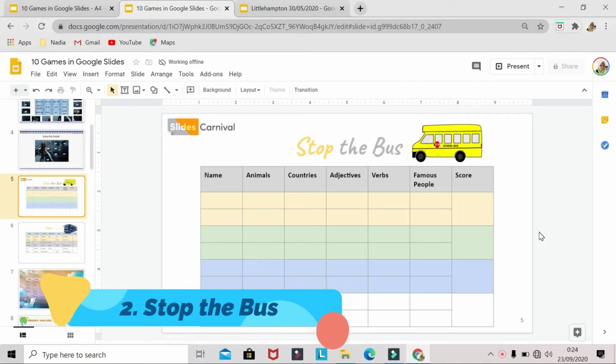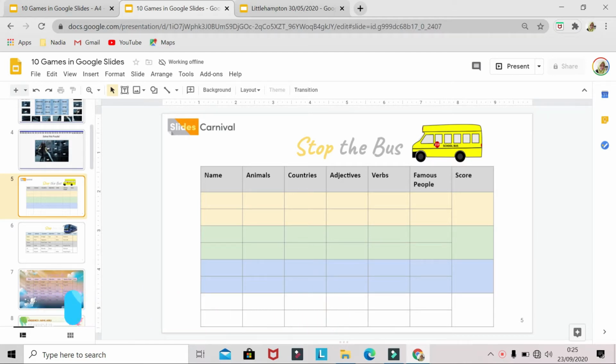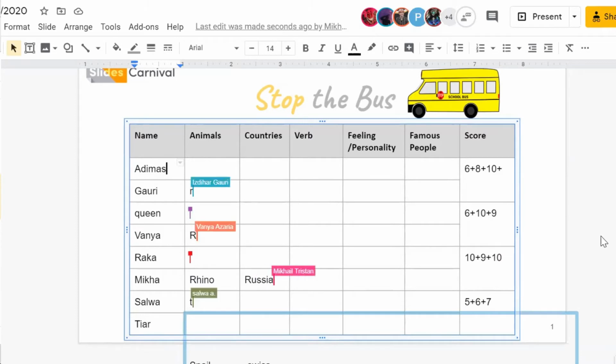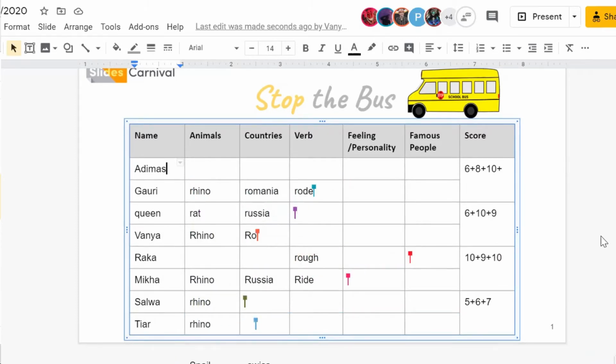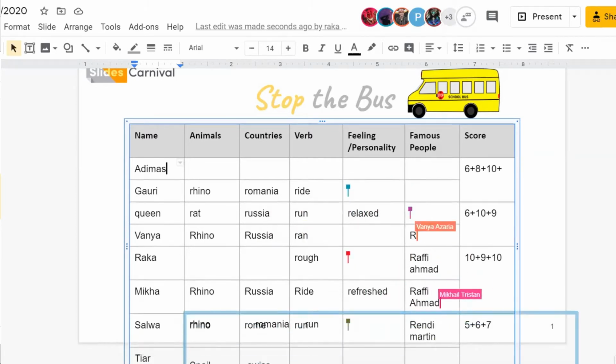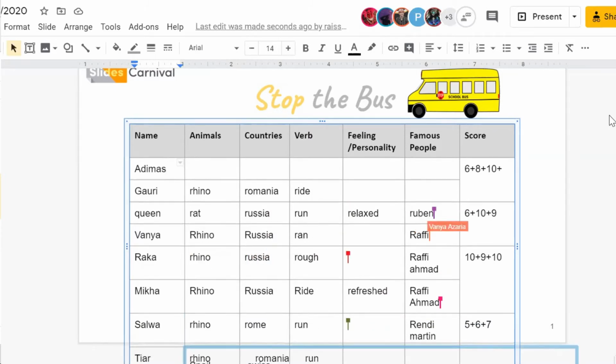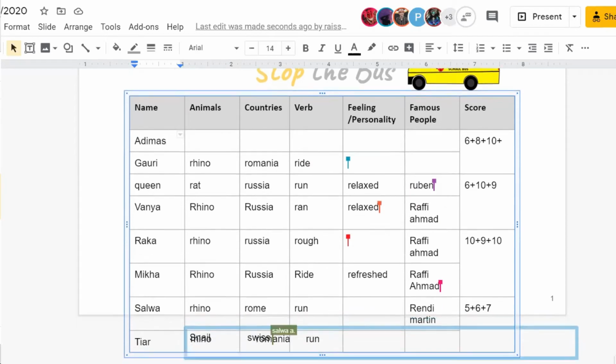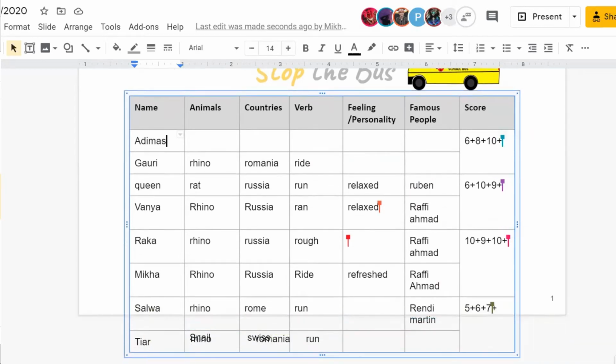Stop the Bus is a fun warmer game to review vocabulary such as animals, countries, and so on. So students in their own group write down their names, and after that the teacher will choose an alphabet, and the students have to write animals, countries, adjectives, and so on, beginning with that alphabet.